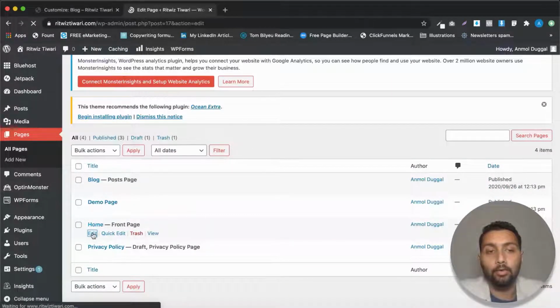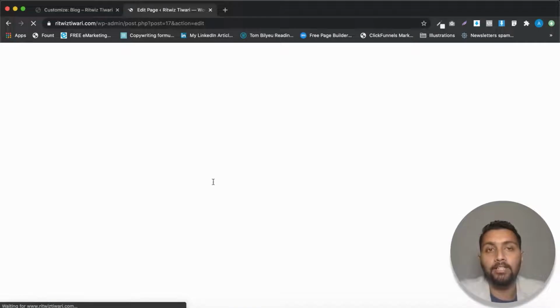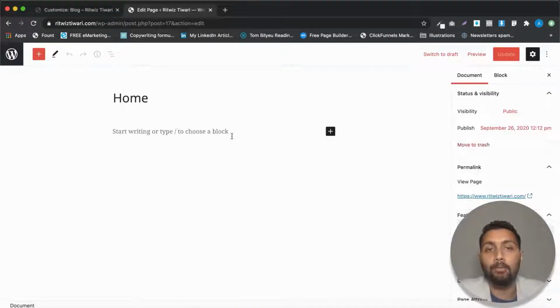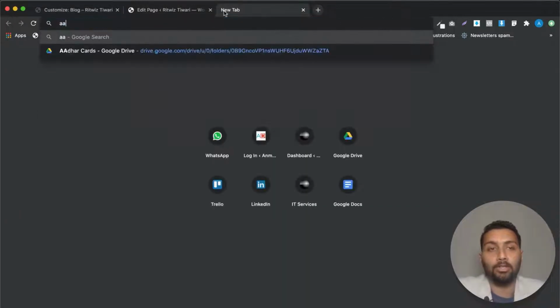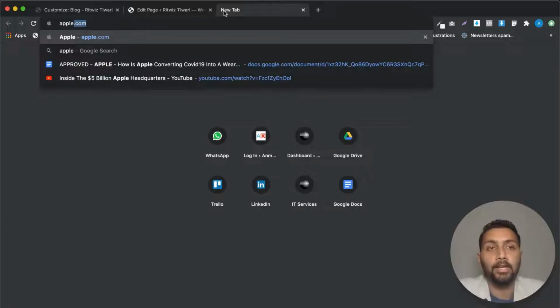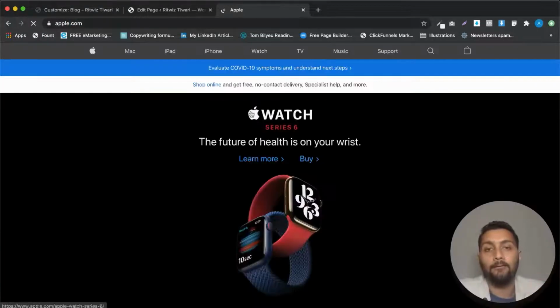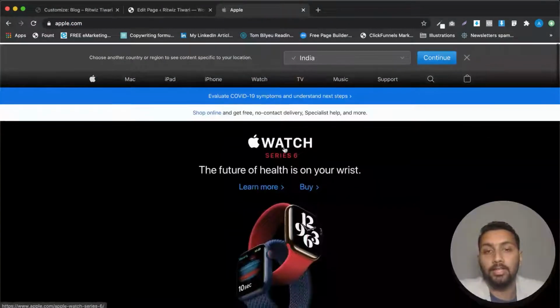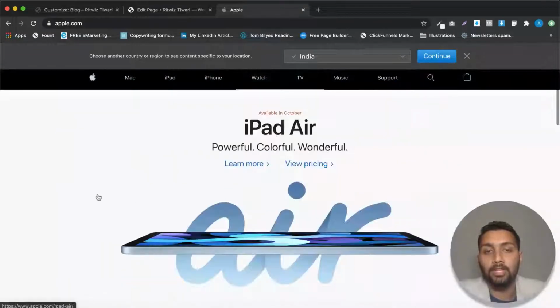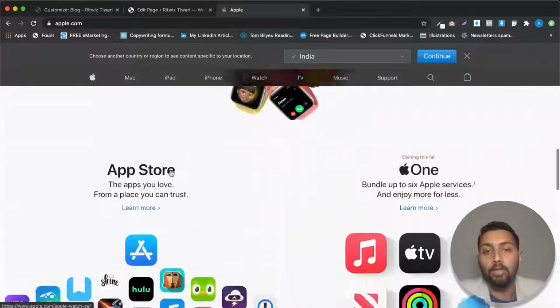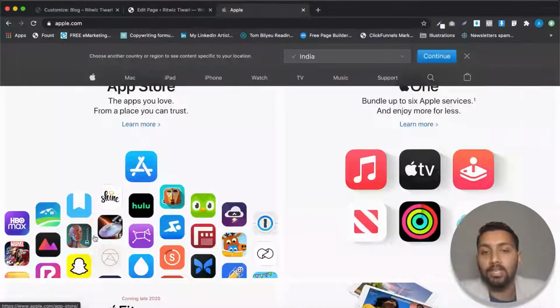The name of the editor is the visual editor, so you can just add in your blocks, but that will not allow you to create a page that is similar to apple.com or any other SaaS company that has a different homepage, right? You can see that there is one section with the black background, one section with the white background, then we have these 2 column layouts, and we have these images.